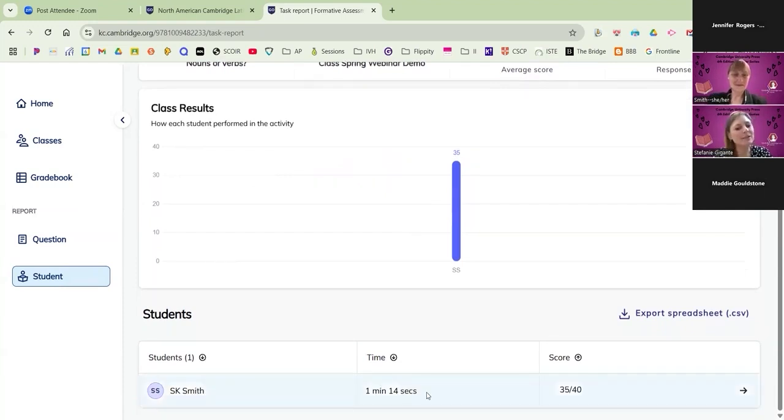But I can also see that Smith spent 1 minute and 14 seconds. Smith made an allusion to this in what she just said, but perhaps you can see a trend that the students are not putting a lot of time into this task, and maybe you could show them that correlation. If you wanted to, you could organize this type of chart. I don't have a whole lot of students here, but you could organize it by time, and you could even cover up this part of the screen to make it anonymous, or export the spreadsheet and show it without the column that has names in it.